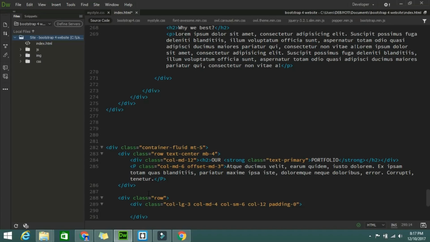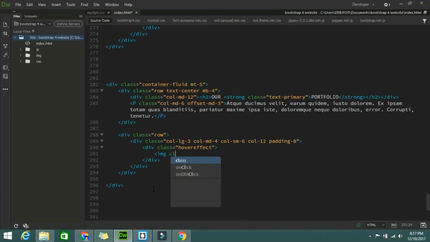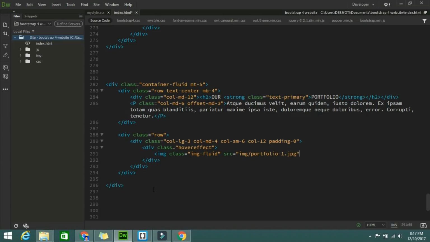After that class will be hovereffect, and next take the img, class will be img-fluid, src image portfolio1, alt, you can take anything in alt. Okay, after that image